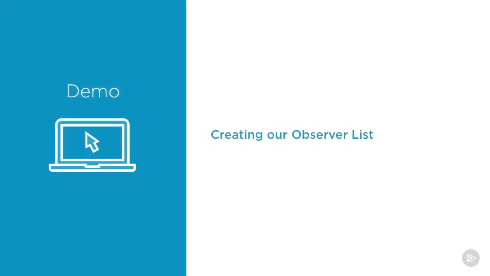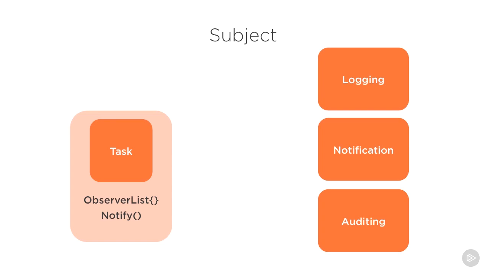All right, the next piece of this observer pattern is the actual observer list. And if you recall from our slides earlier, the subject, and the task is going to be our subject, has this observer list. And that's going to be the list of observers that task is going to notify when it's done. And this is its own separate thing with add and remove and index of and all of those methods on it. So let's take a minute and build out our observer list before we can add that list to